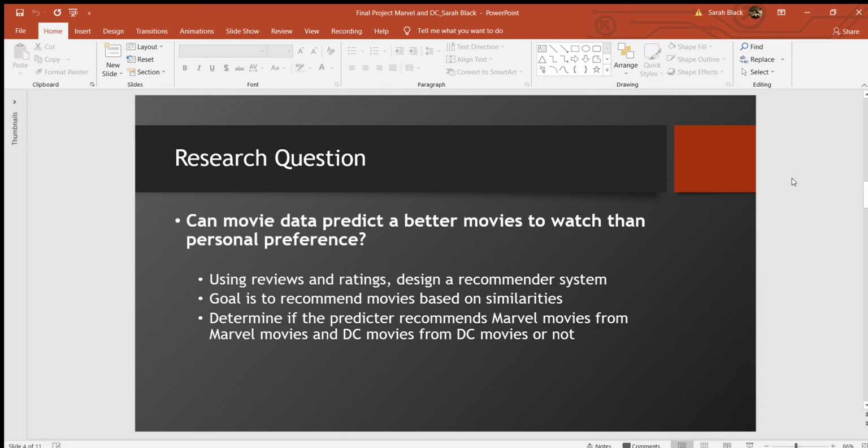So that brings us straight into our research question, and the driving question for this is, can movie data predict better movies to watch than your personal preference? So as I was saying, is there a way to use data on a movie, such as IMDb scores, descriptions, even the genre or the title, to determine if you can find a better fit for the movie than just assuming all Batman movies will be the same, so you're going to like all Batman movies, or all DC movies were built the same and are in the same category, so you will like all DC movies. And so the underlying analysis behind it will be,